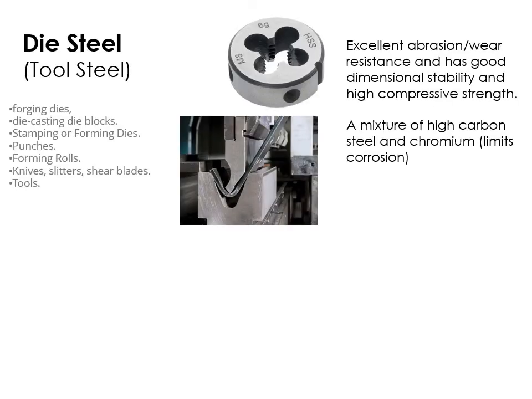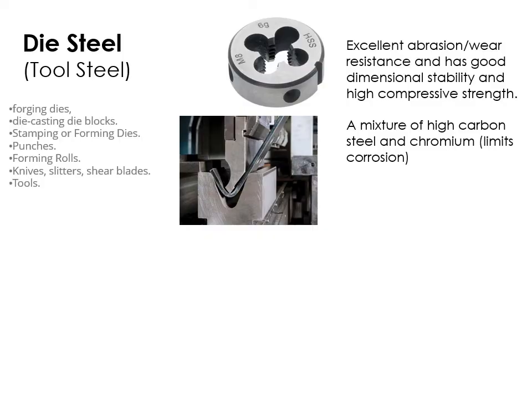Right, now that we've spoken about those two main ones, we're going to talk about ferrous alloys now. So these are ferrous metals combined with other metals to create alloys. So the first one is called die steel, and it's called tool steel. So basically this is what most tools are made from. So think about hammers, screwdrivers,